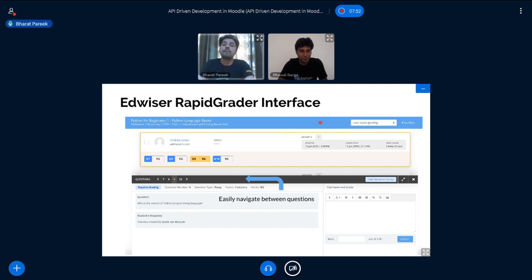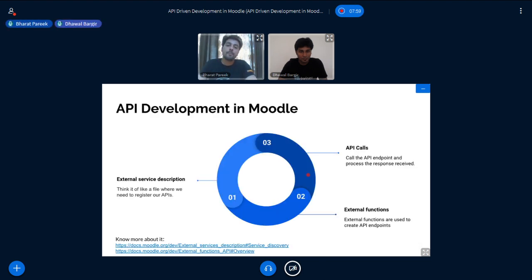But how did we develop it? For that, we need to know how the Moodle API works. So moving on to the next slide. API development in Moodle consists of three parts. First is the external service description. Think of it like a file where we need to register all our APIs. The second part is external functions. In external functions, we create our API endpoints, all the endpoints which are needed in the plugin or your API gateway. And the third part is the actual API call, where you call the API endpoint and you get the response,